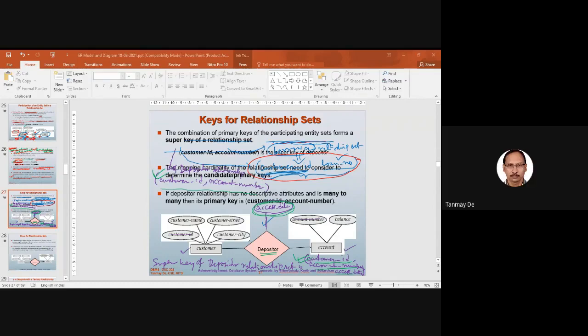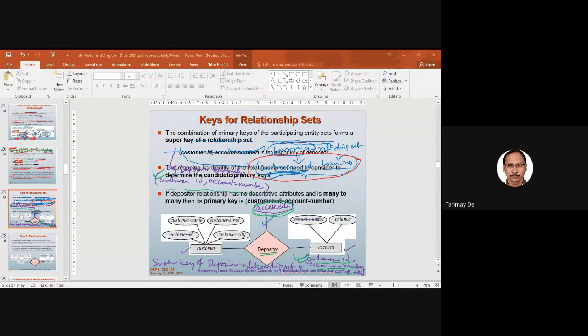Now, whatever I told is written here. If there is more than one arrow, in this example one arrow is there, that is on the job side. But if an arrow is present on the branch side also, that is, if there is more than one arrow, for example,